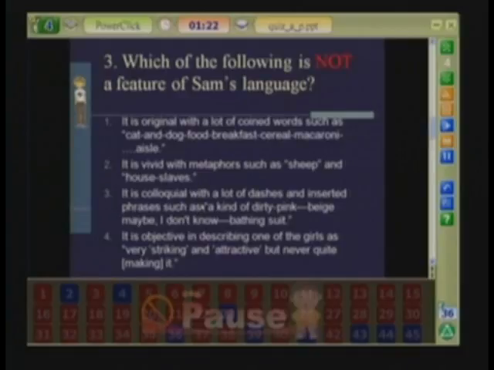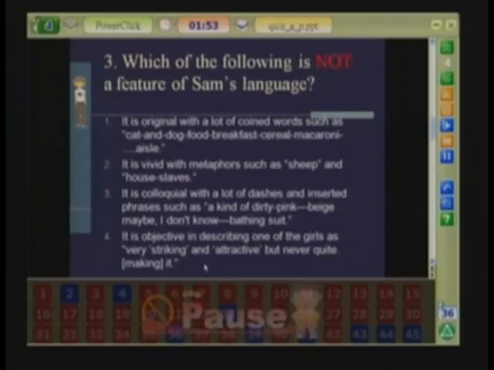It is colloquial because he frequently breaks into his own language to add some explanation, like this one. A kind of dirty pink, beige maybe, I don't know, bathing suit. Okay, so it shows that he is not a writer with a lot of vocabulary, so sometimes he's not sure about the descriptions he uses. Okay, and finally the last one,